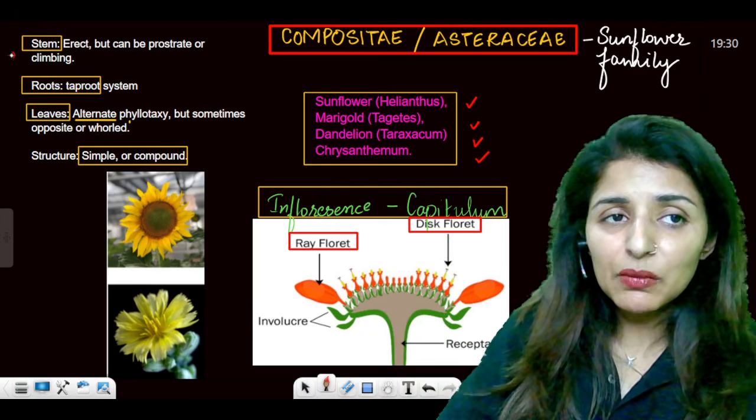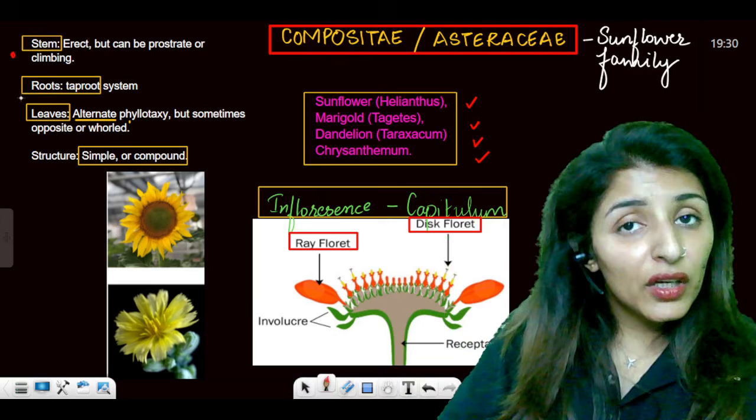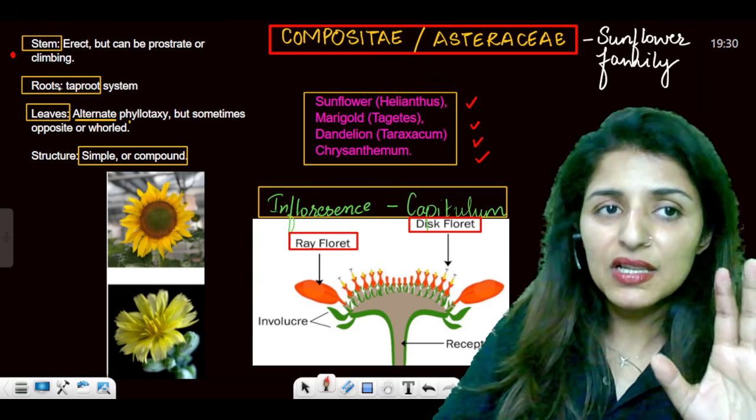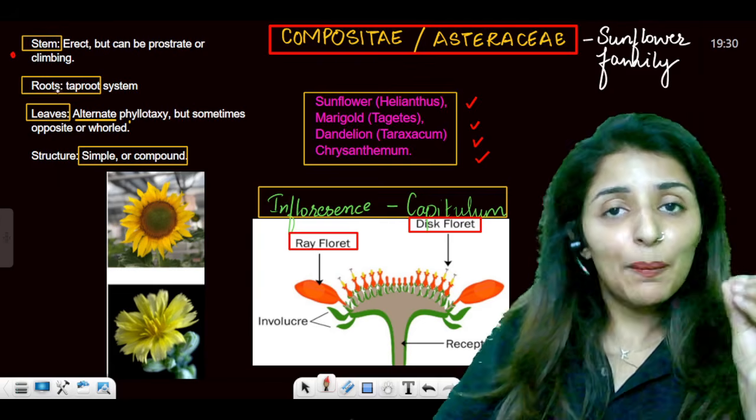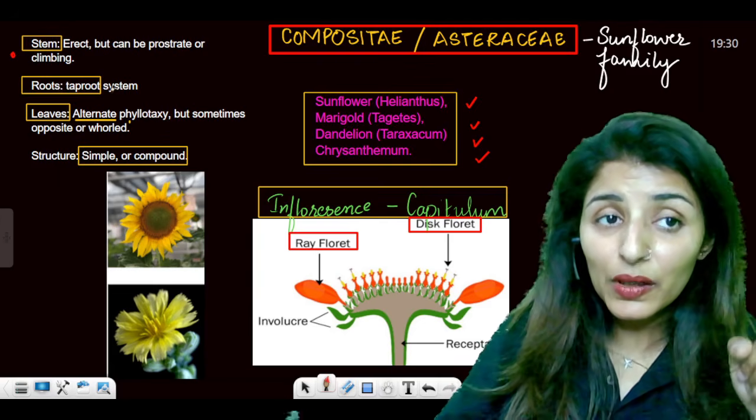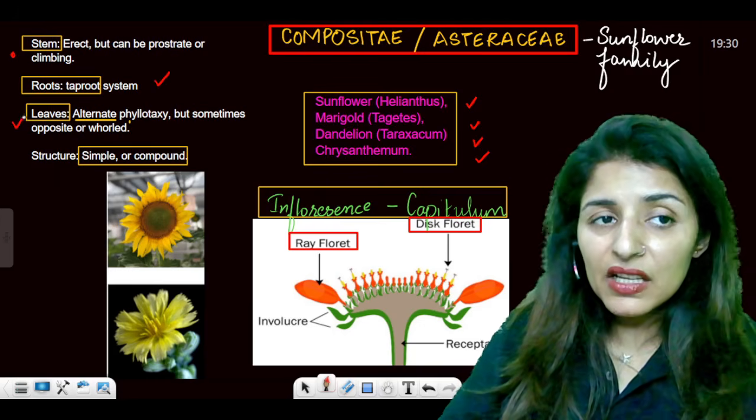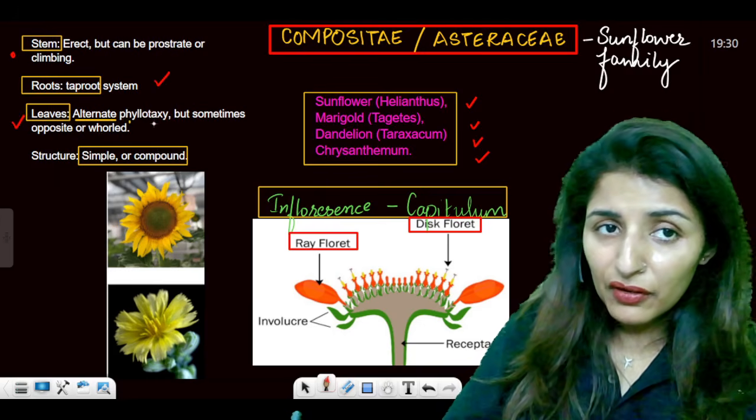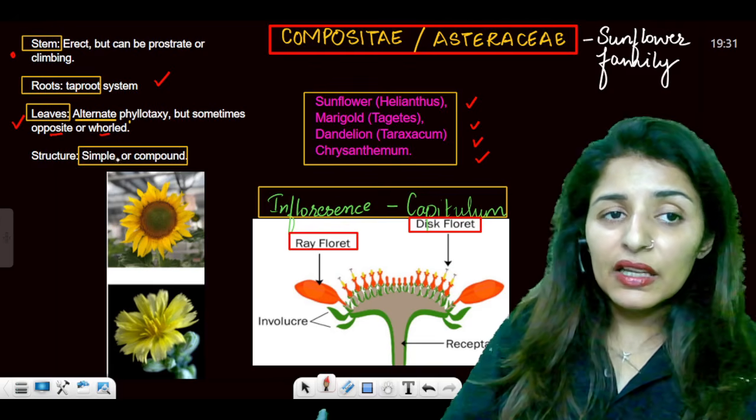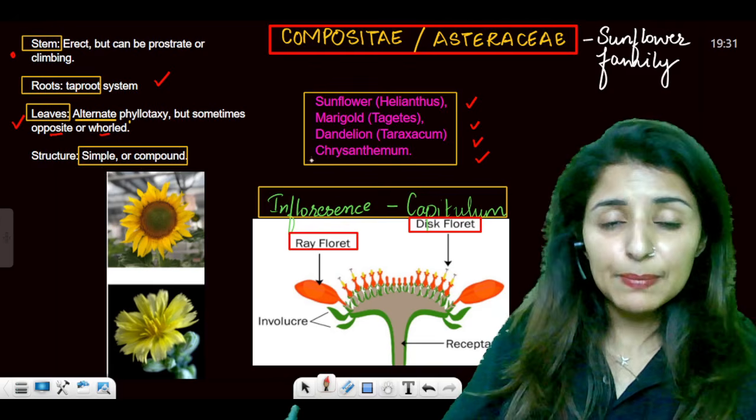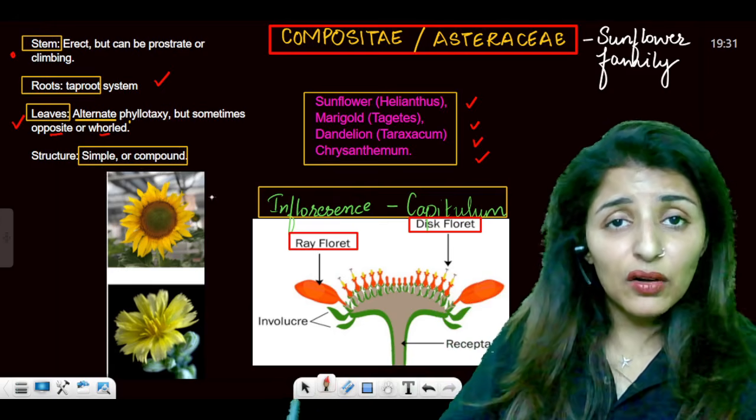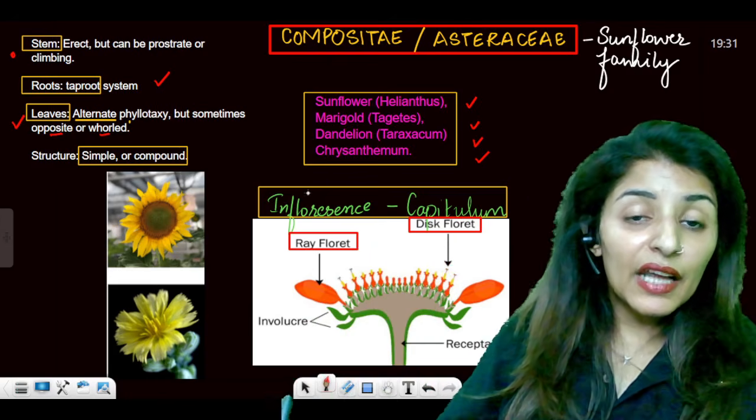Now, talking about the stem, it is erect. It is a dicot. Apart from the Poaceae family, all the other families in our syllabus are dicot families. So, apart from Poaceae, remember it for everyone. In all the other four families, the root will be a tap root system. Leaves in this have alternate phyllotaxy, but sometimes they may have opposite or whorled, while the leaves show simple or compound forms. The very characteristic feature in the sunflower family is the type of inflorescence,